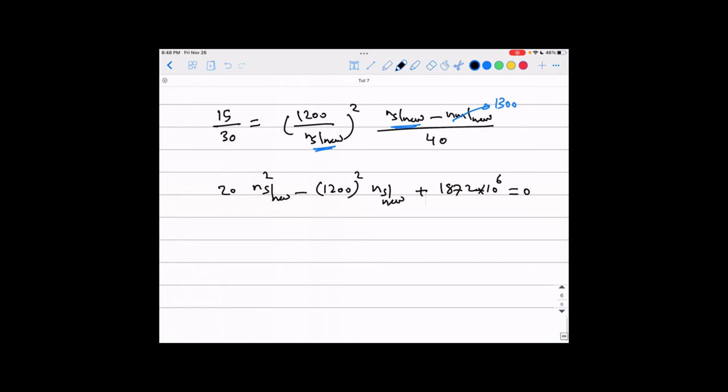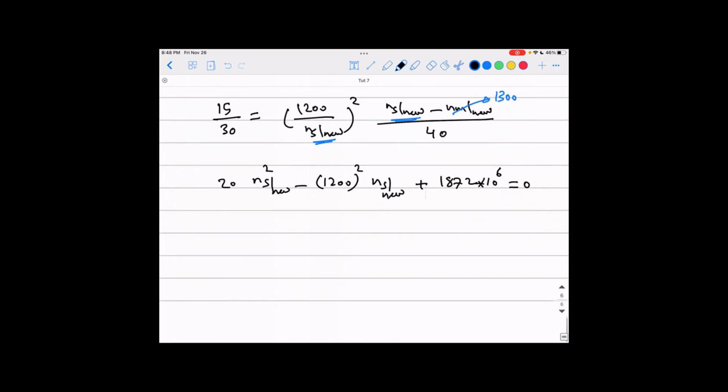It's a quadratic equation. You can actually just solve it yourself here. It's pretty easy, okay? By solving this one, you will find out that the new synchronous speed equals 1324.4 RPMs,